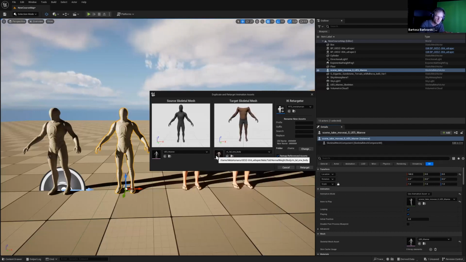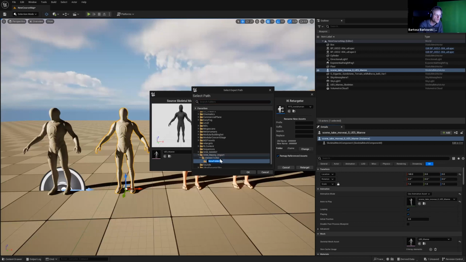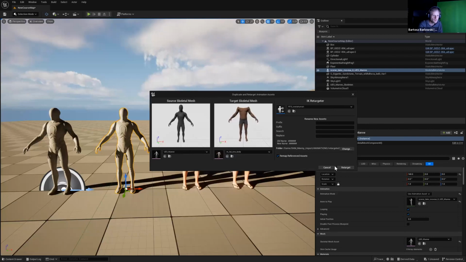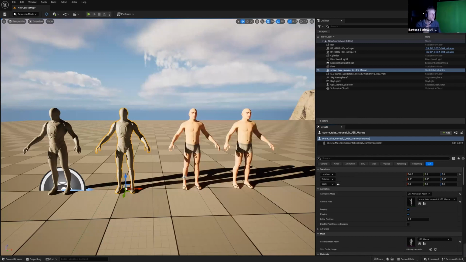So you'll be able to find it once you click on your MetaHuman and the skeleton, and then we can change the folder where we'd like this to be imported. So I'll just go here into animations and create a new folder called retargeted. And once we're ready, we'll hit retarget. Now, this system usually works 99% of the time, especially if you're working on animations that are supported. I mean, skeletons that are supported, which is mannequin and